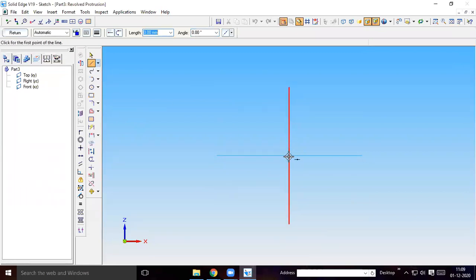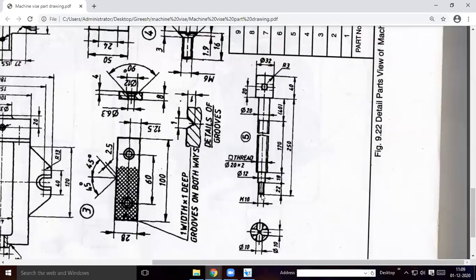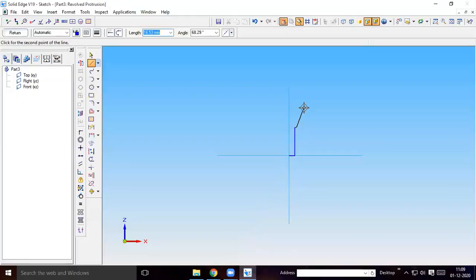I will start from this point. 5 mm at 0, then 22 mm at 90, 1 mm at 0, then 18 at 90, then 4 mm at 0, then 210 mm at 90.